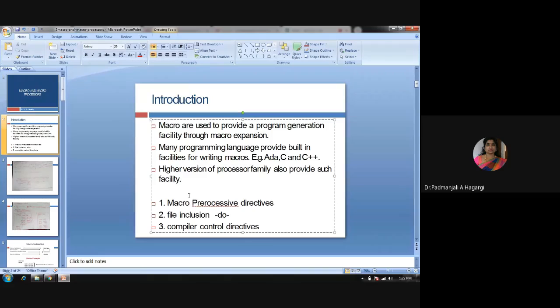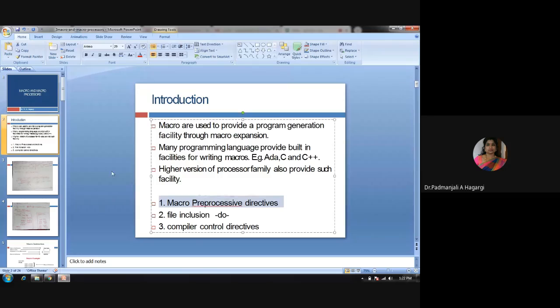Let us not worry about the file inclusion and the compiler control directives. Let us worry only about the macro processing or the macro pre-processing directives. I wrote a spelling mistake here, sorry, pre-processing directives. So this is all about macro pre-processing.